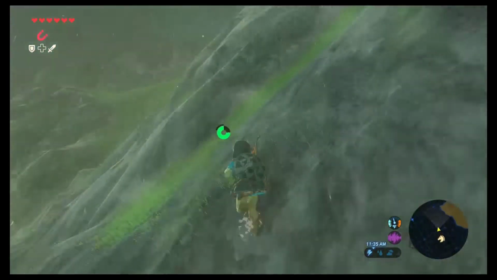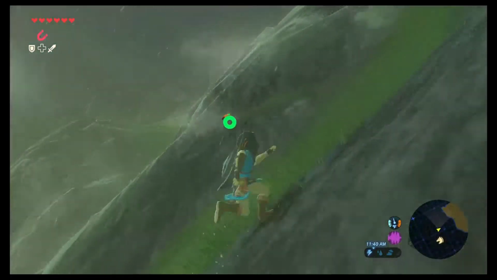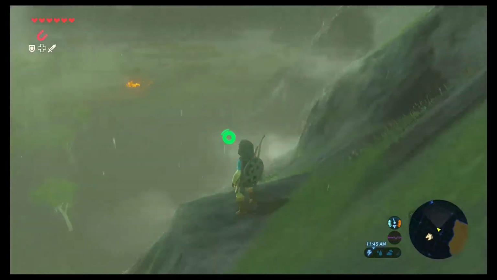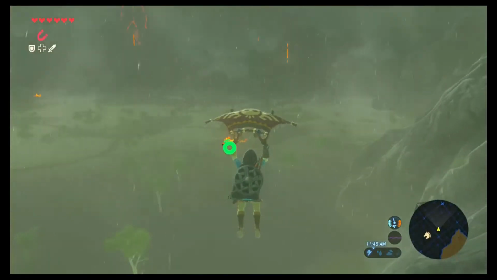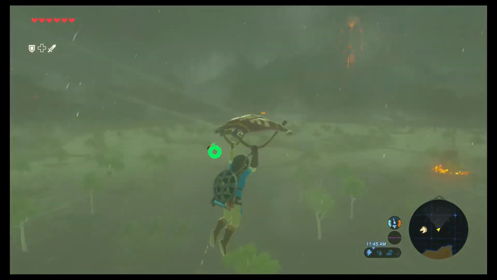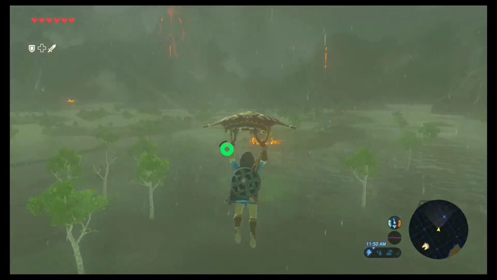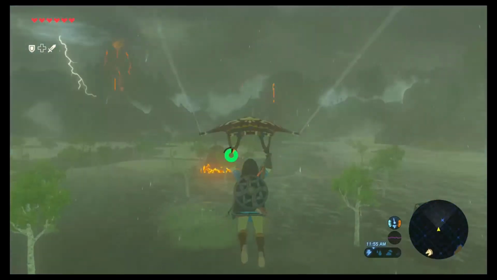And why is everything hitting so close? I'm not holding anything metallic. So this game just tries to scare me sometimes. Alright, so let's glide down over to this shrine. There's another one off in the distance, and we will get that one in just a bit, but we'll have one more before then, and that's actually the one back at the